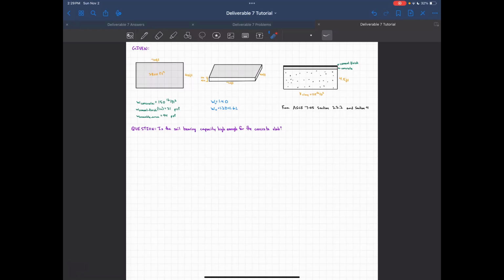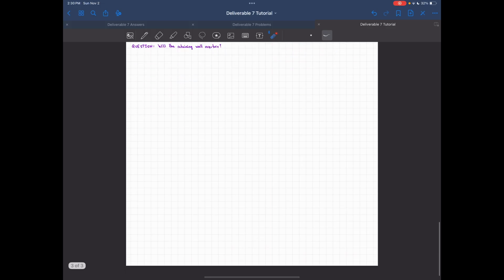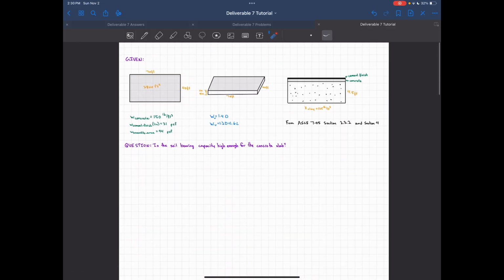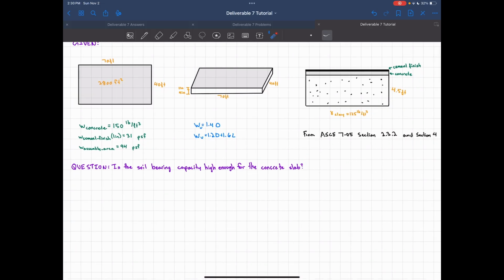Hello, this is the start of the calculation portion of the deliverable. If you look in Canvas, you will find an attached document that looks very similar to this one with all three problems that you have to solve. Now, I did change some of the numbers for when I walk through this tutorial, so that way you can't just copy my work. So please go through the same exact steps that I'm doing with the numbers actually given